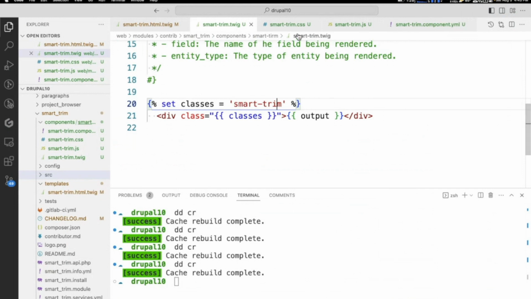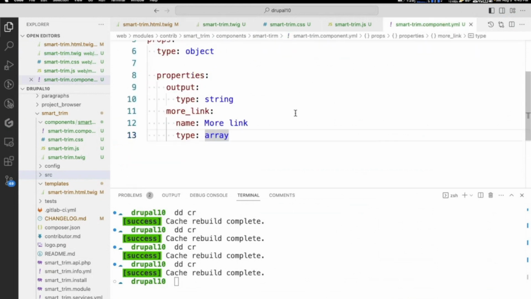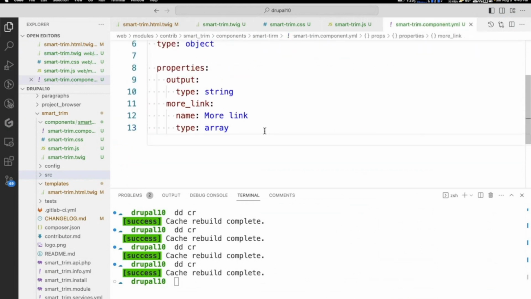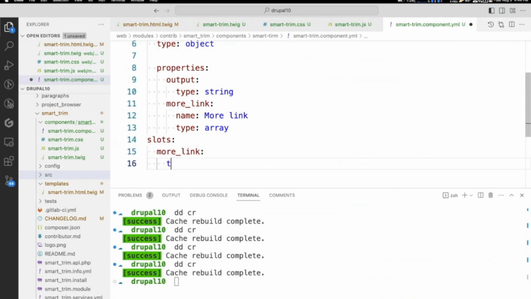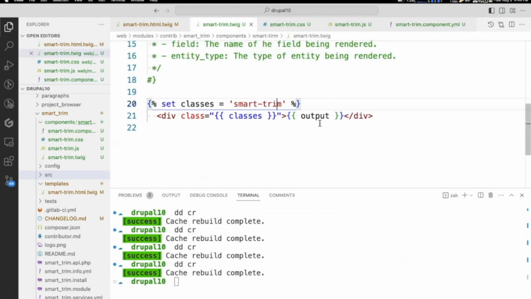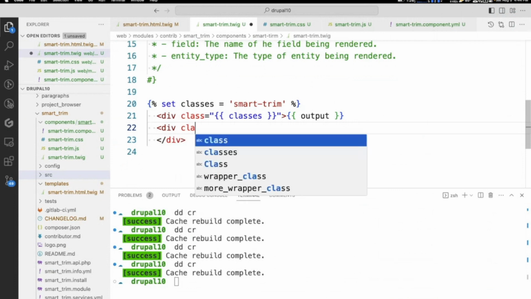This is where we can actually get into the intricacies of making a slot, where we'll do slots. And we'll name it more link, sure. Type is, actually, no, I'm not going to do that yet. But I can go here, and inside the div, we have the output, and then we'll have another div, class equals